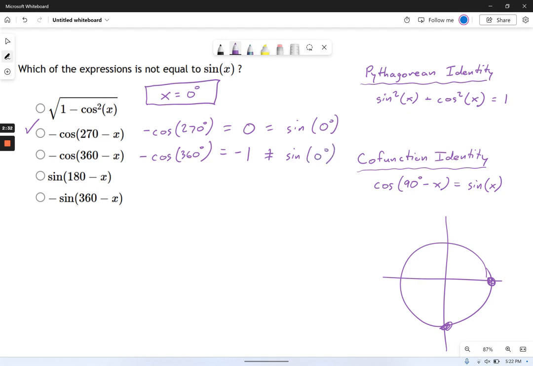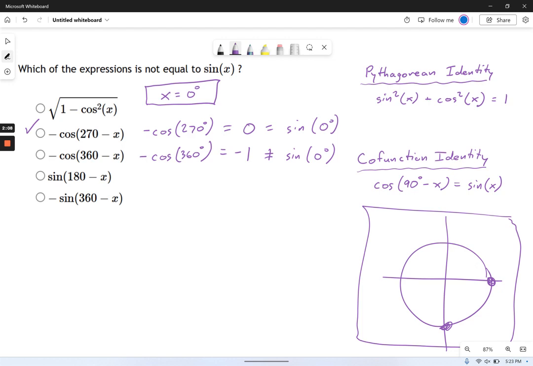So you see how I went through that with the reasoning. I know my special angles very well based on the unit circle, and you really should too. If you're going to go into a standardized test that has trigonometry on it, you will see special angles. The Pythagorean identity, the cofunction identity, those can come in handy. Graphing sines and cosines, that can come in handy. But if you happen to forget those, it's okay as long as you remember your special angles.